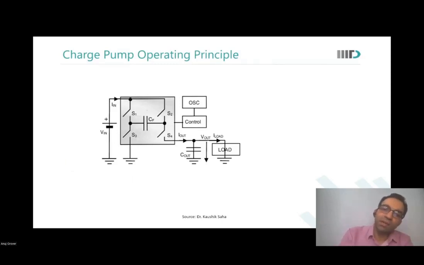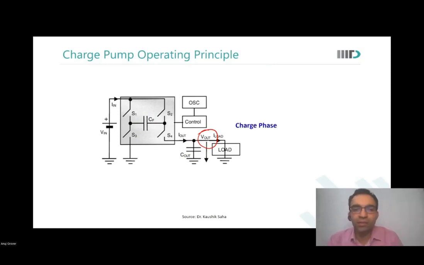So there is a capacitor, there is another capacitor, and it is the interplay of these two capacitors that results in a V out which is higher than what was V in. How do we do that? So we divide the operation into multiple phases. The first phase is, let us say, charge phase. So what is done? In charge phase, S3